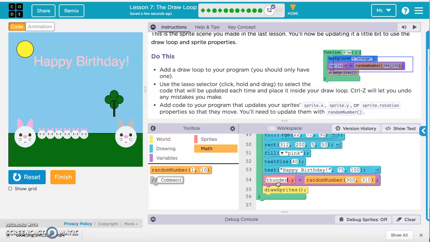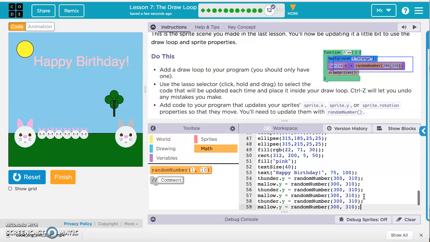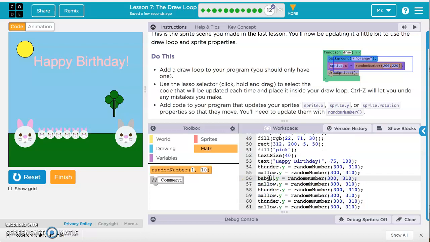One of mine was named Thunder. I'm going to go ahead and switch to show text and make it easier for me to copy and paste with Control C to copy, or Command C on a Mac, then Control V to paste. I've got a couple different bunnies there, so I'm just going to actually copy these and then paste some more and then keep changing my sprite names. So we've got 2, 4, 6, 8 different ones. So I've got Thunder, Mellow, and then I have Baby 1,